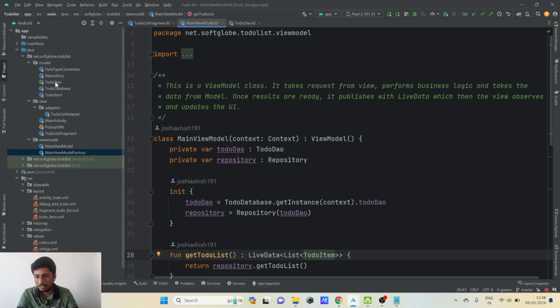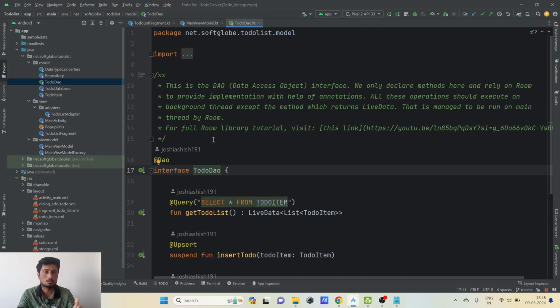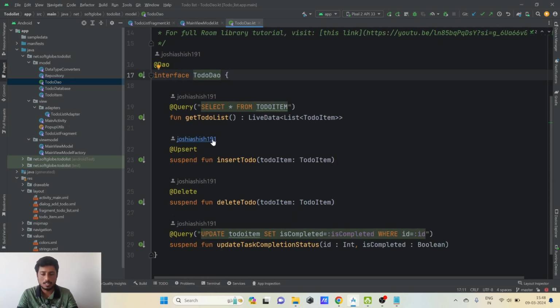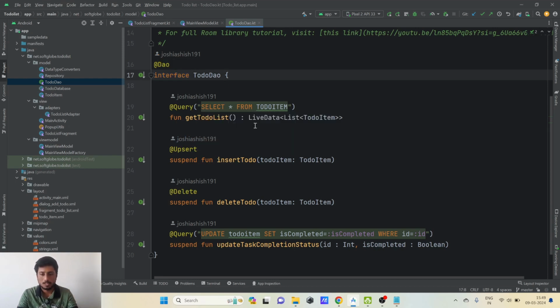In the model layer, there is a data access object, DAO. We have already seen in the Room library tutorial that there is one data access object in Room where we declare all our functions. It should be an interface, and the implementation will be provided by the Room library in the form of